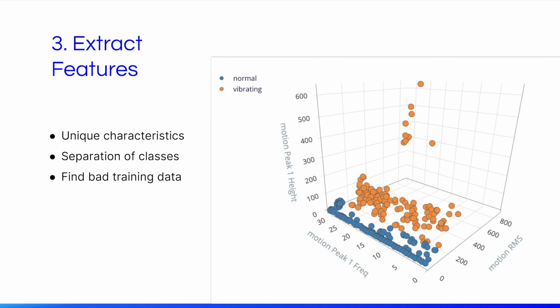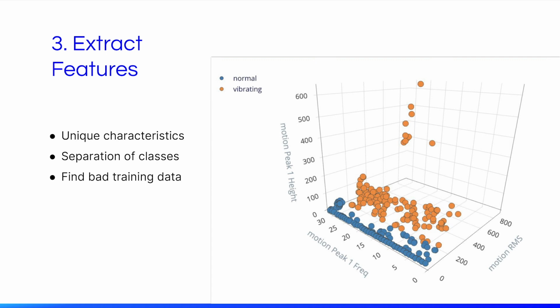Step number 3, extract features. Once you have pre-processed the data, you can then generate the features, and it will extract the unique characteristics of your input data along with the classes with which you labeled that input data. In our case, we have normal and vibrating. So you see in this